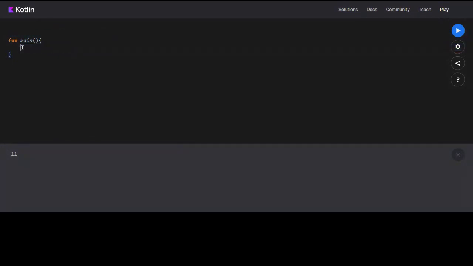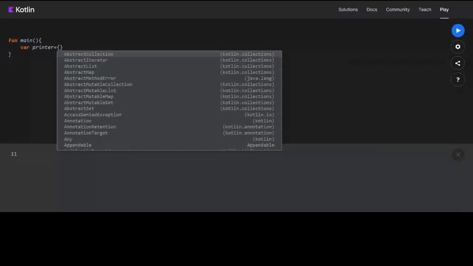To define a lambda function, what will you do? I already told you this is a functional programming language, so you can treat functions as variables. Let's say var printer. Let's say a printer is equal to a function. We have to define a one-line function. So here comes the lambda function. Lambda functions are one-line functions. How do we define them?